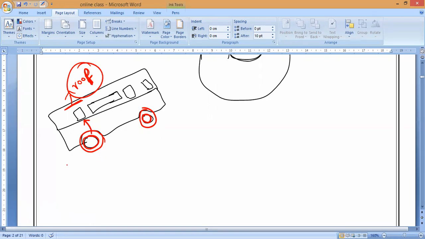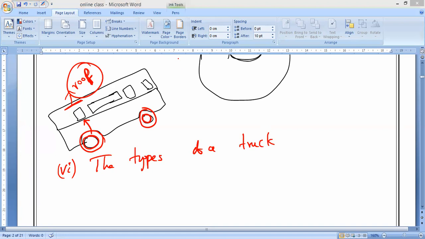So this is the sixth one. The tires of a truck are made wider than the tires of a bicycle. As I said, an Alto car and a GS car. The tires of vehicles increase or decrease in size based on the capacity of the vehicle. Suppose we take a tractor and a JCB, are the tires more wide or less wide, Alana? More wide, sir. Huge, wide. Why?